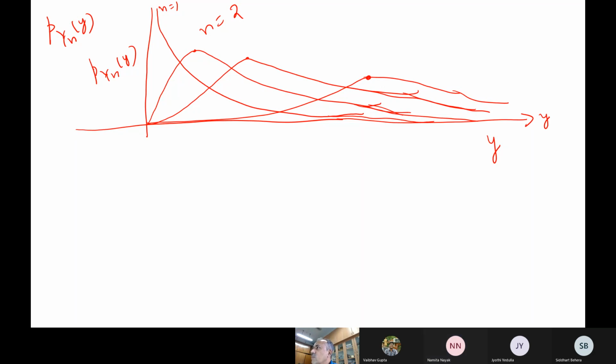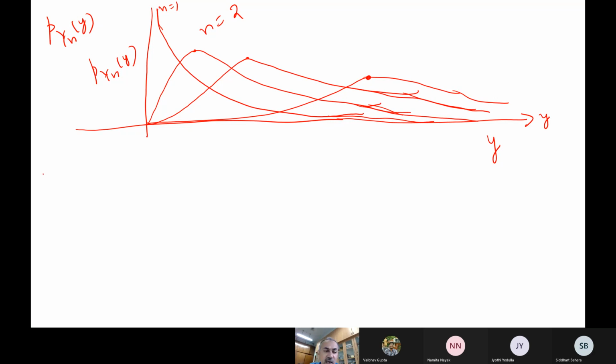Towards the extreme side only. So what does it tell you? As the sample size is increasing, what does it mean, sir? If you have a higher number of samples, the probability of getting large values is also high. That is the meaning of this expression. And if there is one sample set, then it looks as good as the data, with no need for any extreme value distribution. When there is only one sample set, the data itself is more or less sufficient actually. So this is one thing.